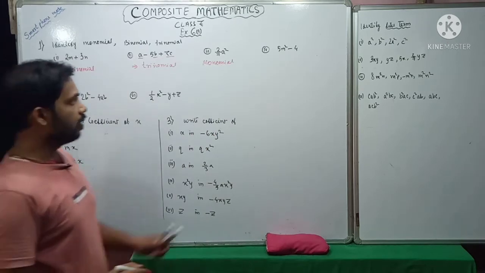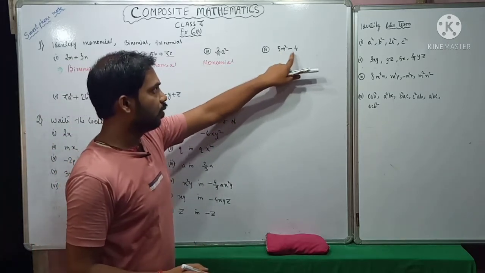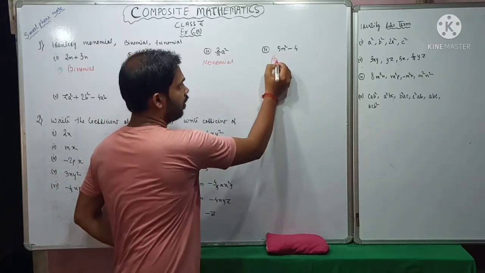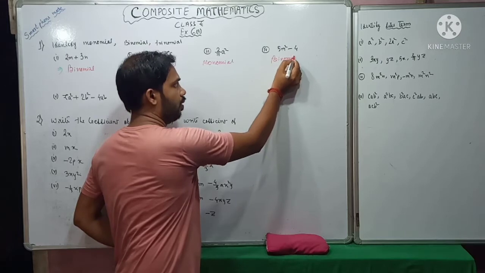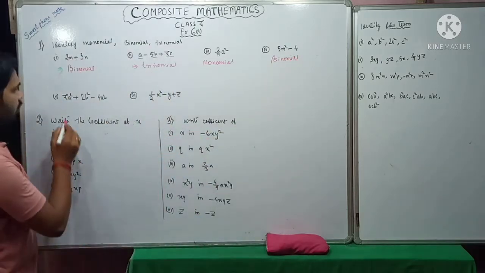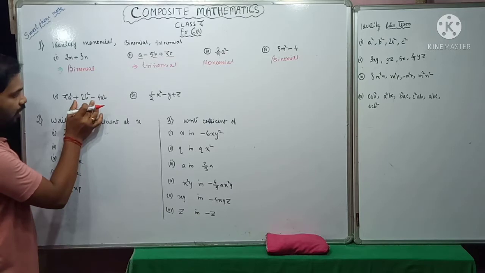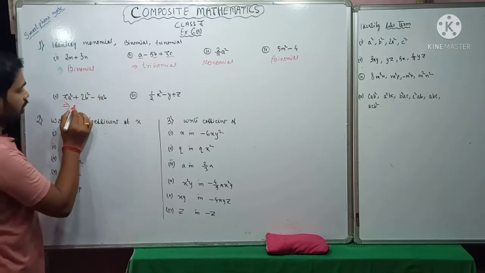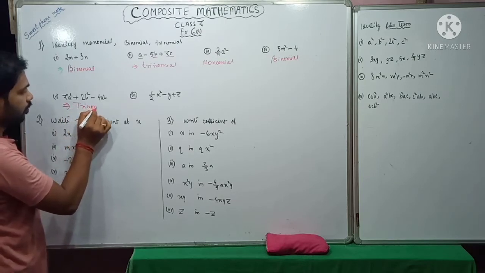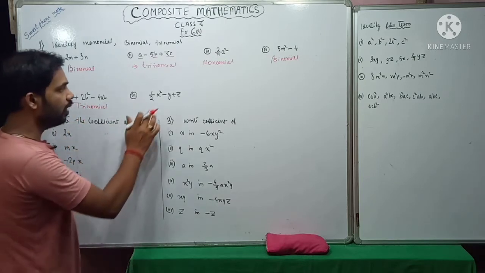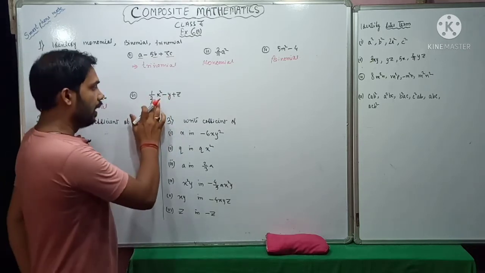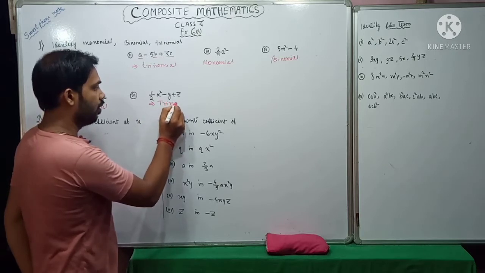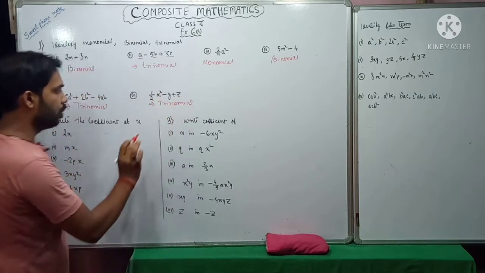Next you see here one minus is there. That means it is two terms, and this minus is joining these two terms. So it will be called binomial. In this one you see how many plus or minus signs are here? Two. That means 1, 2, 3 terms are here. So it will be called trinomial. Here you see 1 minus and 1 plus. So it has three terms and it will be called trinomial. So we have solved this.